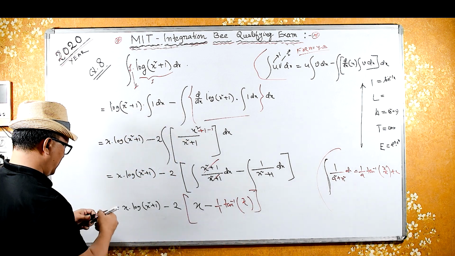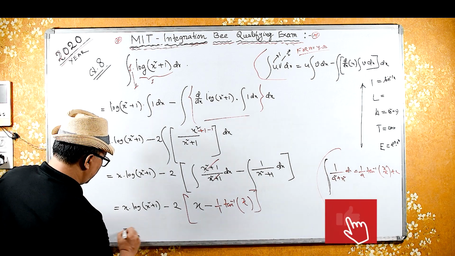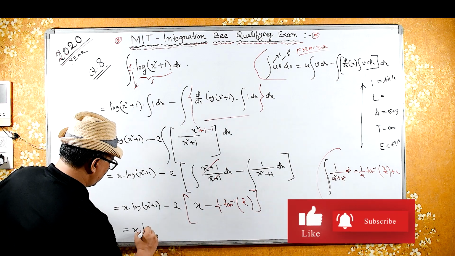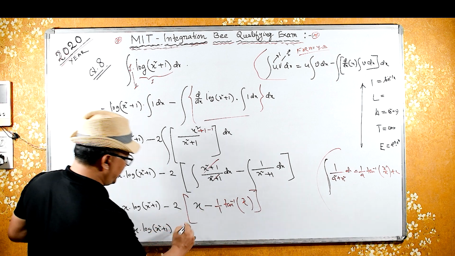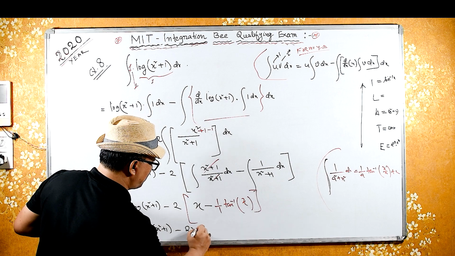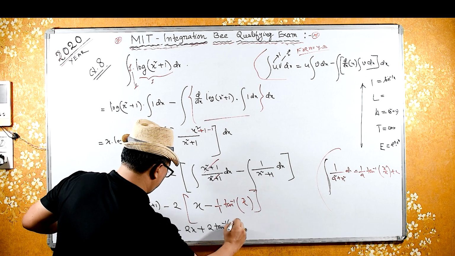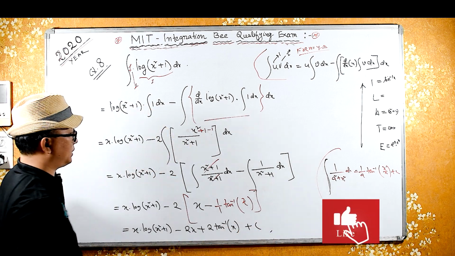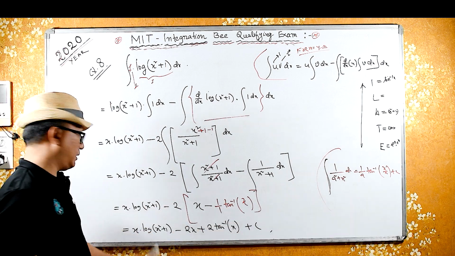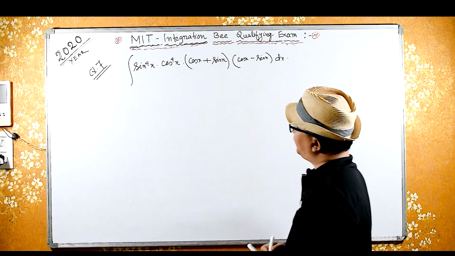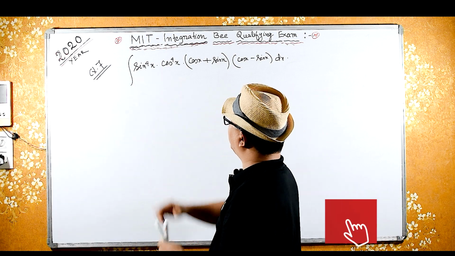Therefore, we didn't do any substitution over here. Here all are x, therefore log of x square plus 1 minus, I am sending minus 2 inside, minus 2x plus 2 tan inverse x plus constant of integration, okay. Now you can see in these integrations you have sine raised to 4x, cos raised to 4x over here,